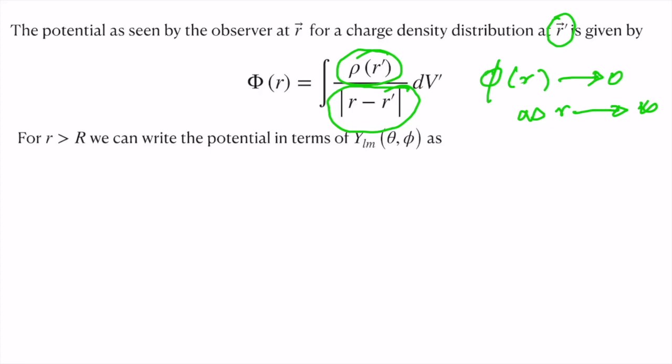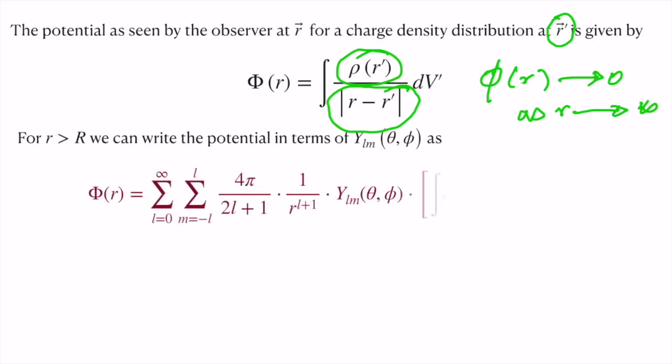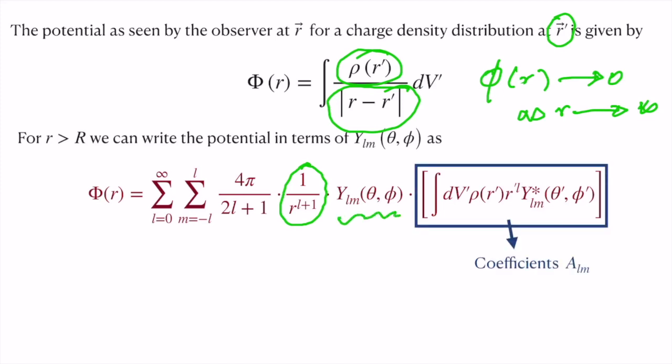And we see that there is no density distribution outside the sphere of radius r. Then we can expand this in terms of the spherical harmonics. Inside also we can expand, but that would be a different series. When it is outside, you see that this is expanded in terms of 1 by r to the power l plus 1, and this is your spherical harmonics. And finally there are the coefficients which we have to determine based on the charge distribution.